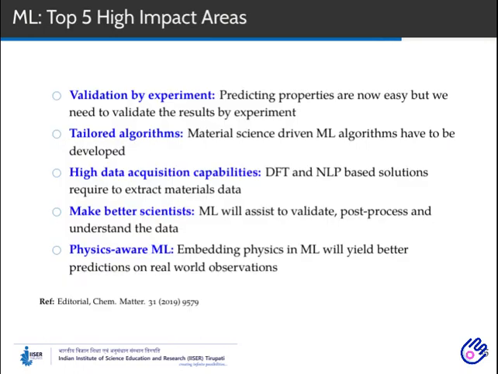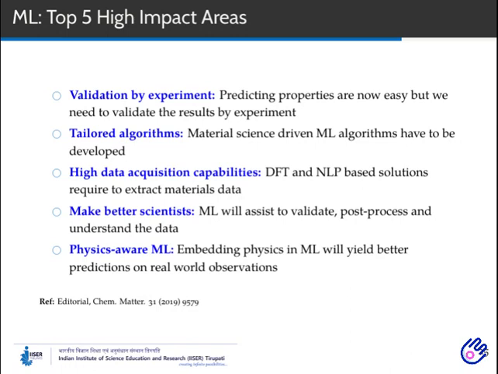But machine learning is an evolving field. As I mentioned, there were two major areas, classification and regression, currently utilized for different material science related problems. Understanding the importance of machine learning, many journals published special issues on this topic, of which one interesting piece of editorial was published in Chemistry of Materials in 2019.